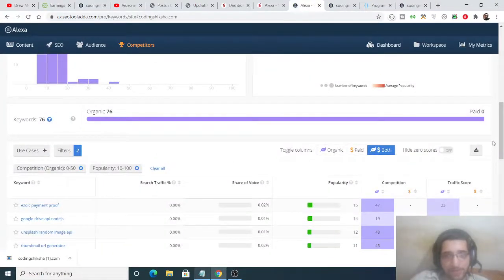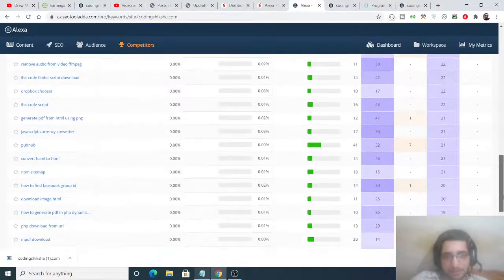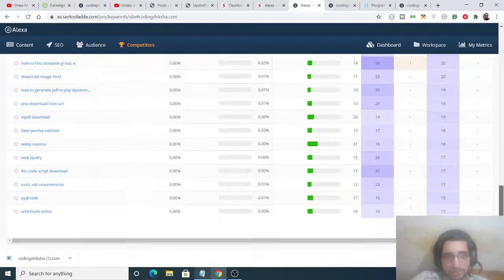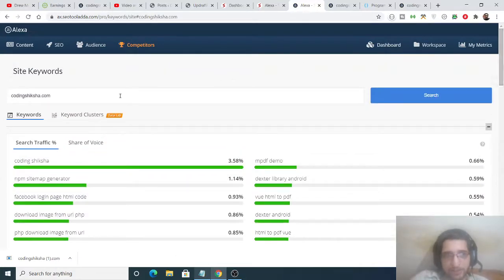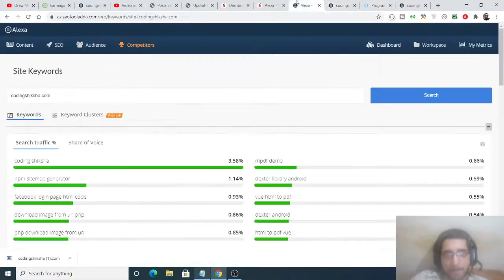This will vary from site to site. You can also enter a competitor website which is very popular in your domain. So in the next example I will be showing you. Now let me enter a different website. As my domain is coding, you can see this is a very famous website, codespeedy.com. This is also a coding blog, and now I need to enter this.